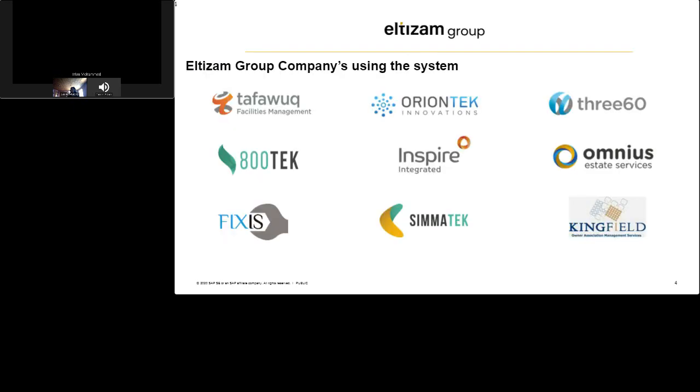So in this slide, we can see the different companies which come under Iltizam Group, and you may be receiving POs from different companies like Tafao, Orion Tech, 360, Omnius, and others. So all these companies come under Iltizam Group, and you may receive a PO from any one of these groups